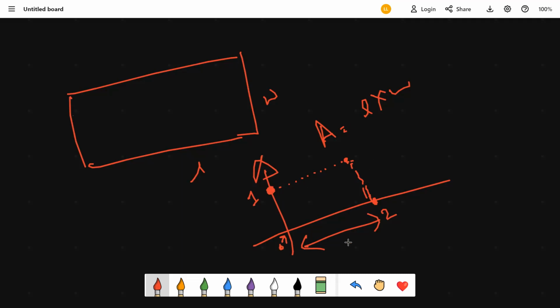So that means we also know the length, and we do know the width as well. If that's the case, we can simply use the formula: area equals 2 times 1, we get the answer, isn't it? Okay. Now let's say